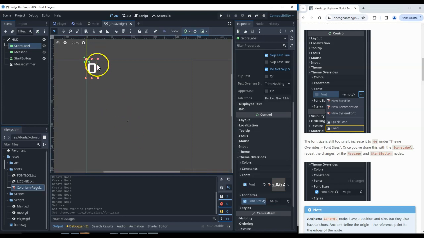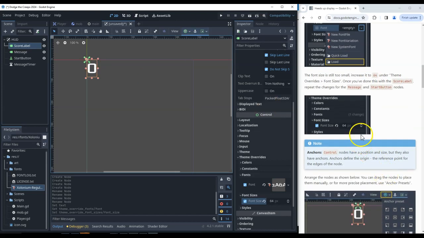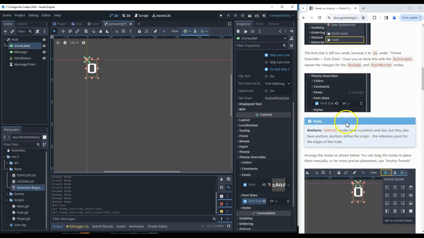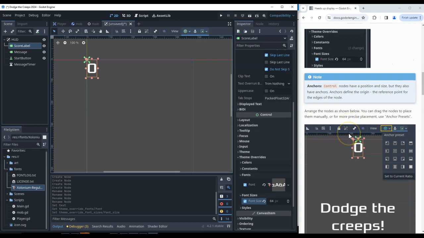So you can see that 0 that I've entered has come up nice and big, and it's going to be really easy to read. We also want to use some anchors. Now, anchors are a good way of positioning things at set points of your game, and it's especially useful if you might have a game screen that is going to be resized so they stay proportional and